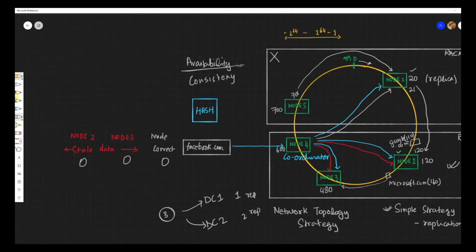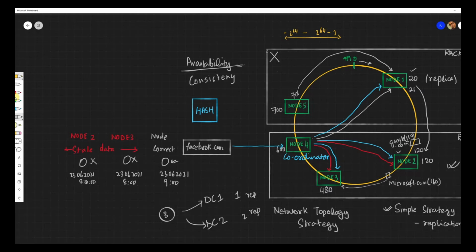Now along with this object, Cassandra will have some metadata stored with it, and one of the metadata is the timestamp when it was last written, right? The data I got is 23rd, that is today's date, at 8 p.m. Same, the write has failed, I got from him 8 p.m. But this guy has returned me the same date but at 9 p.m. So going by this, I can easily figure out that these 2 are stale data and he is the one who's holding the right data.